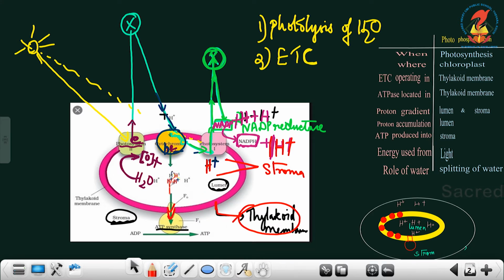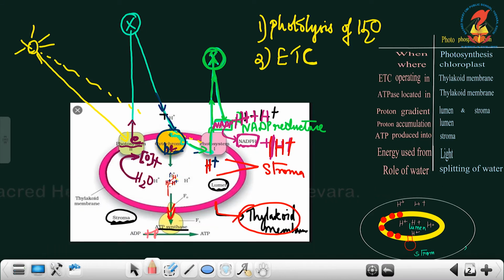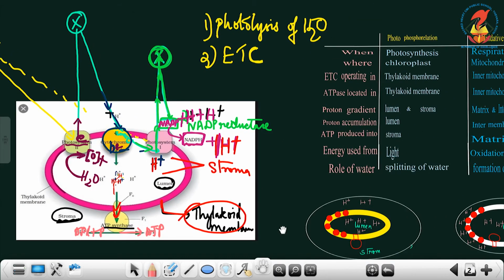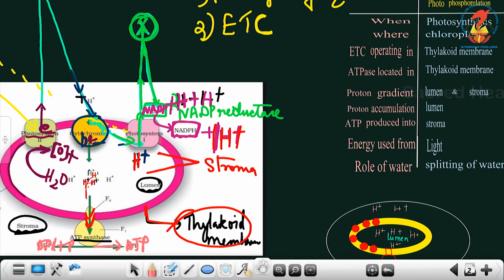These protons from the lumen get into the globular head. And what happens when these protons move into the F1 part of the ATPase? The ADP combines with P. See, ADP combines with P to form ATP. I hope you have understood how a proton gradient was created across the thylakoid membrane. Now connecting with the difference which was taken in the previous slide,